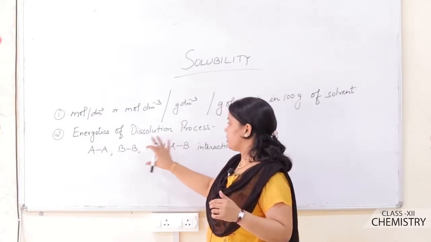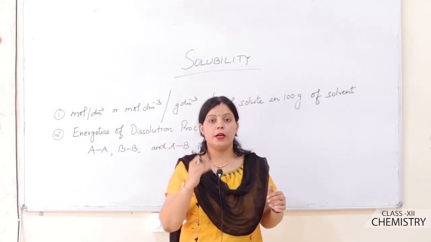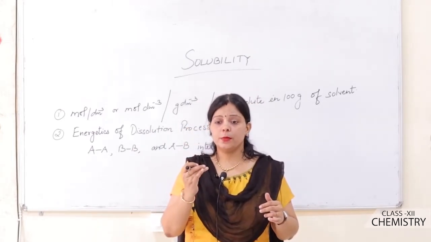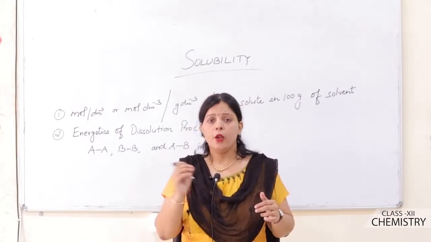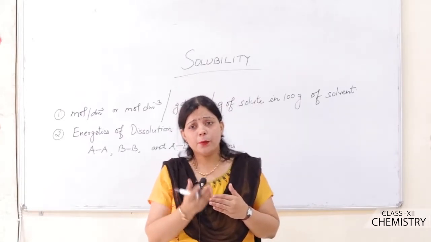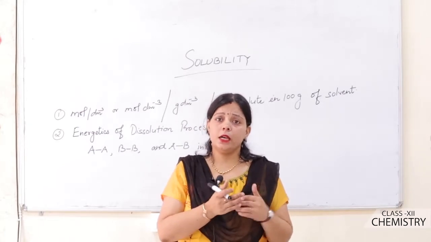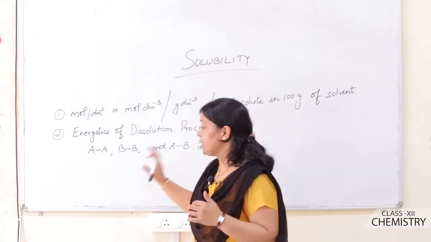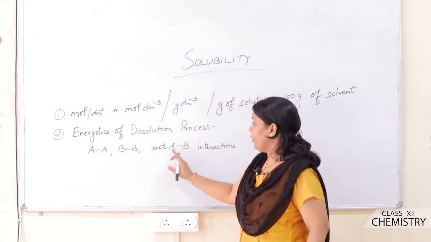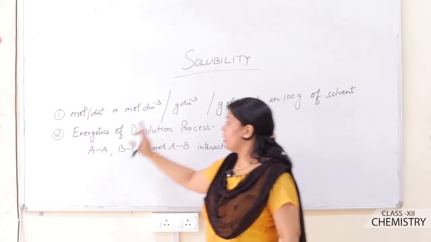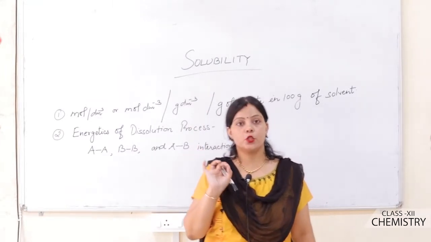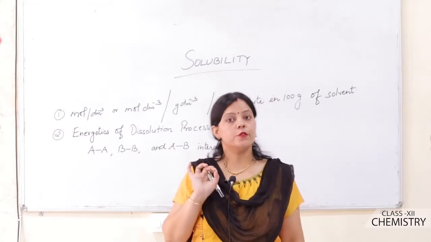What are the conditions generally applied for the dissolution of a particular type of solute in a solvent? Dear students, generally we have observed that some substances dissolve in a particular type of solvent, whereas some other substances do not dissolve in it. Then why? The question arises: why is that particular solute dissolved in that solvent while the other solute is not? In this case, these interactions play an important role. The first condition is that if AB interaction is stronger than AA and BB interaction, in this case the particular type of solute is soluble in that type of solvent.